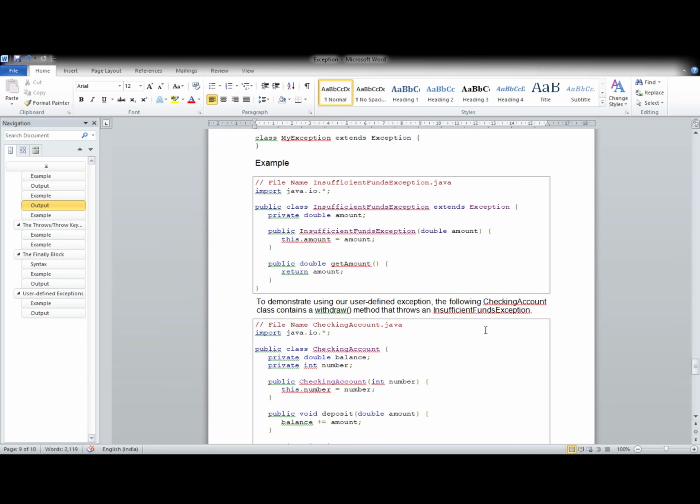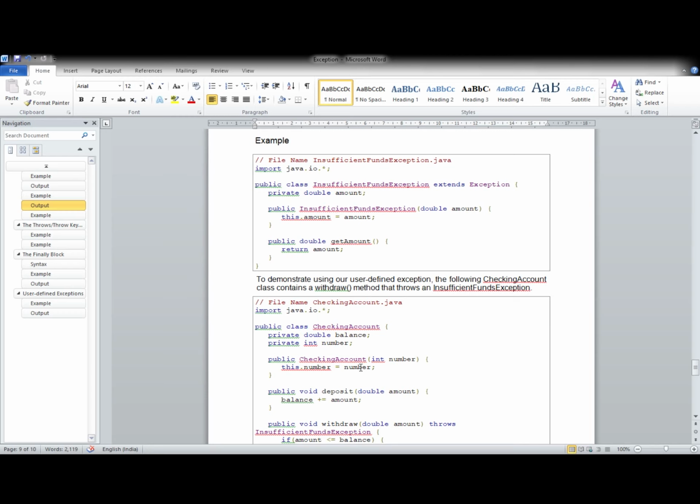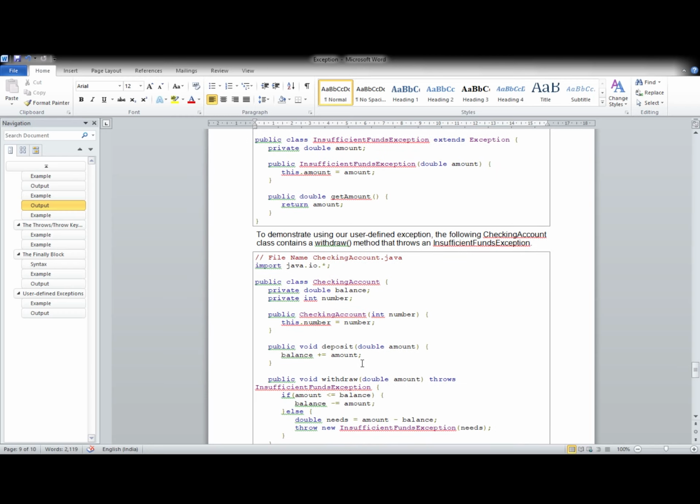We can see the CheckingAccount class, which uses or throws the InsufficientFundsException. In this class there is a balance and an account number. CheckingAccount sets this.number equal to number. Deposit of amount does balance plus equal to amount.